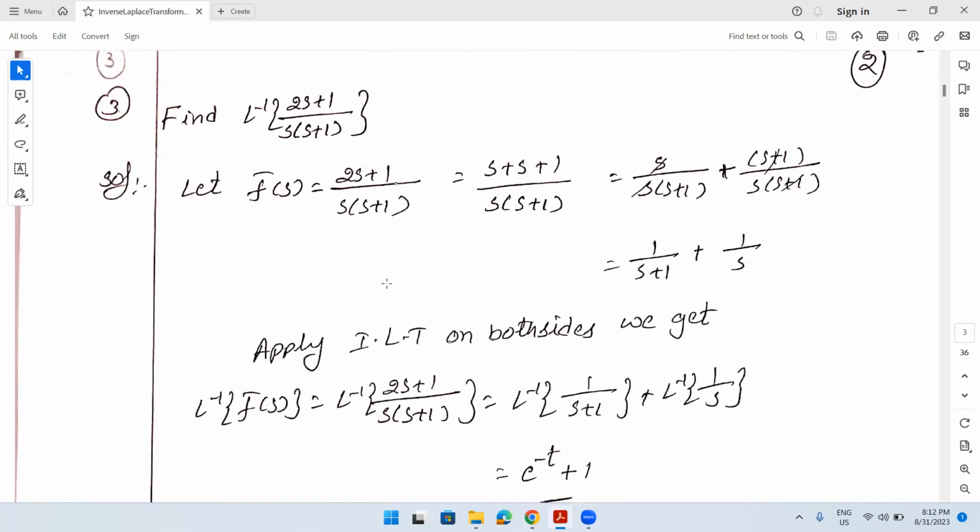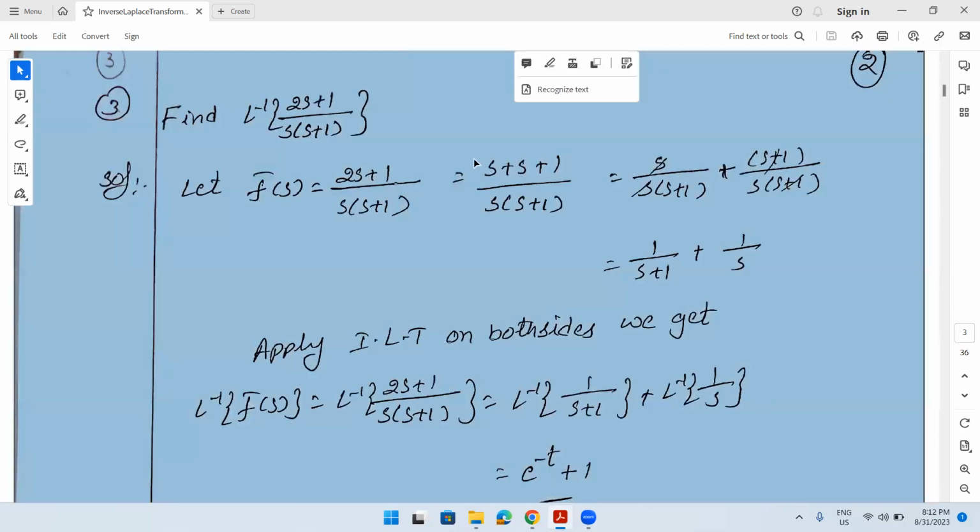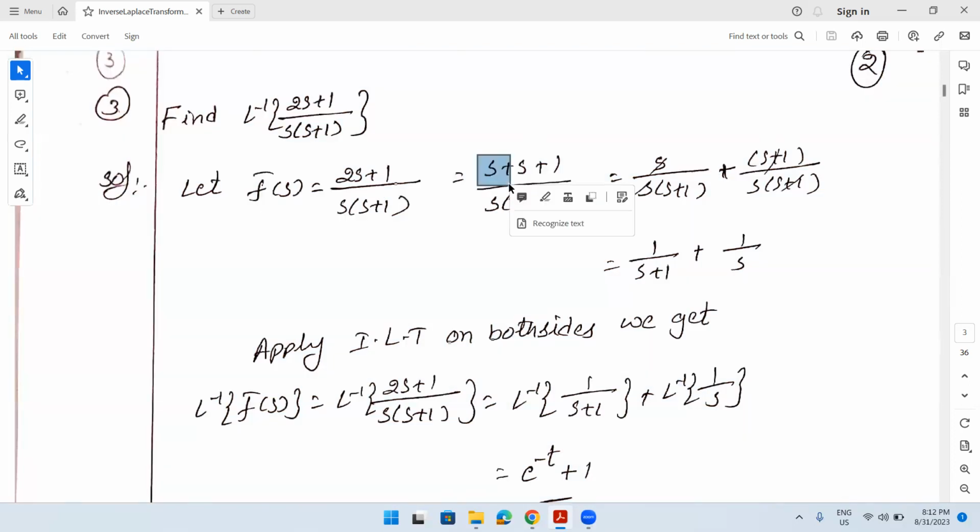And next we shall see how to find L inverse of (2s plus 1) by s into (s plus 1). In the previous two problems the denominator was only a single term, but here there are two terms. If it is like this, we can simply divide. 2s plus 1 can be written as s plus s plus 1. 2s can be written as s plus s, so that we can separate here s by